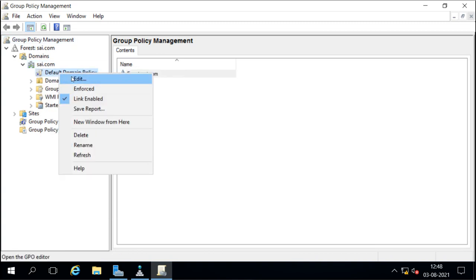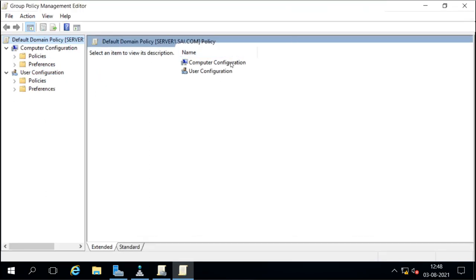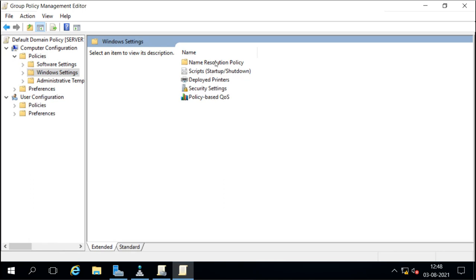So I will edit this, and under computer configuration, policies, Windows settings, we have this NRPT, that means name resolution policy table.